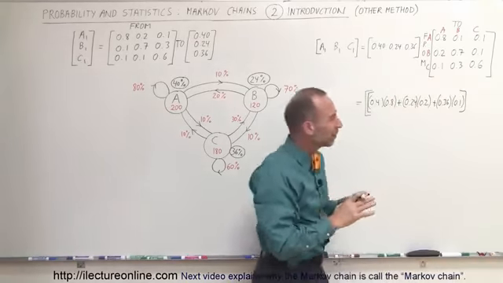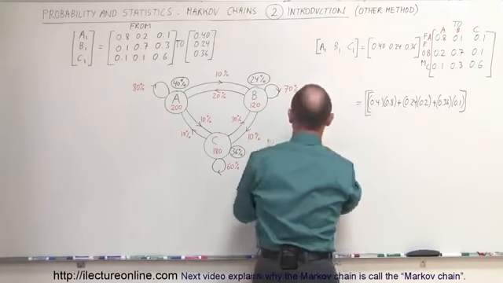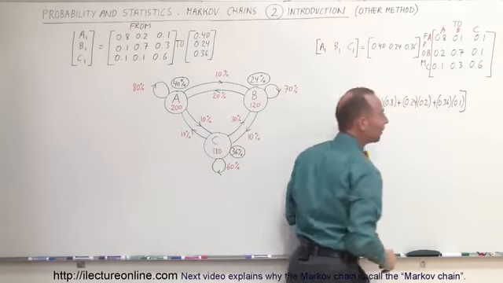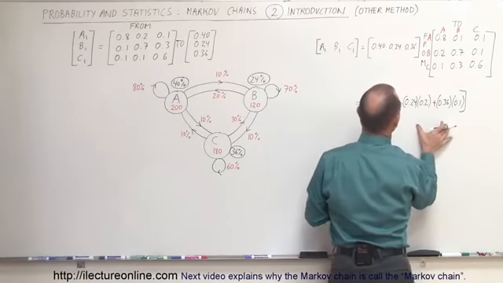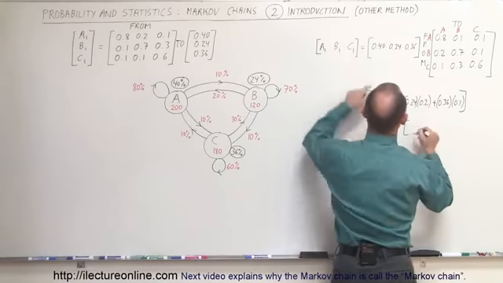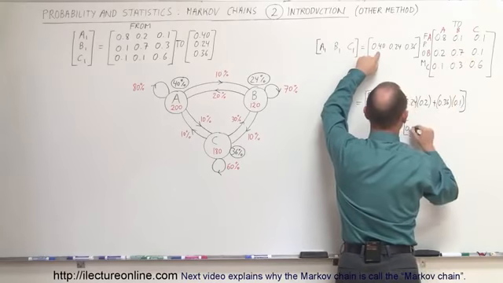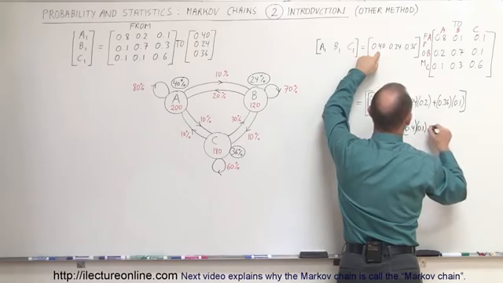See how that makes it a little bit more difficult to write on a piece of paper. I would have to have a really long line right here, which makes it less useful. So then the next element right here, let's put it on here. So that would be 0.4 times 0.1, so 0.4 times 0.1 plus